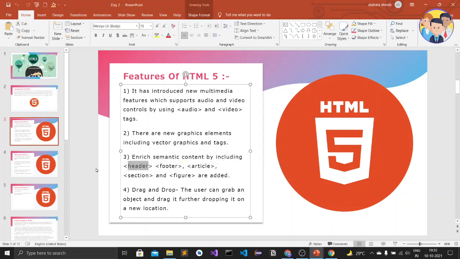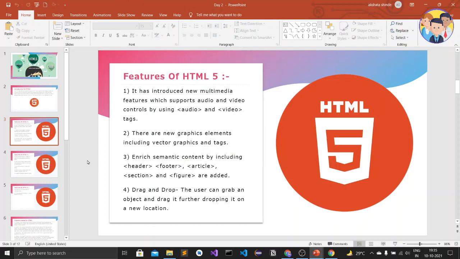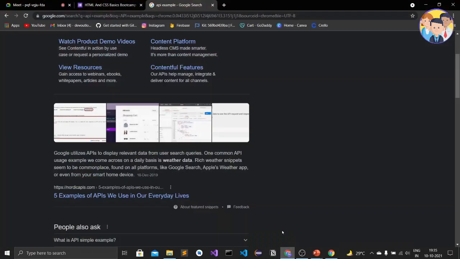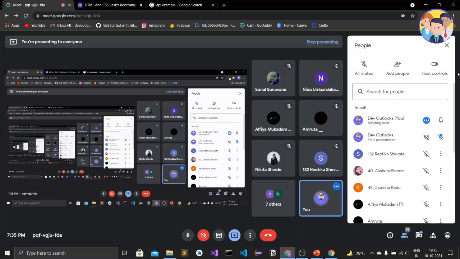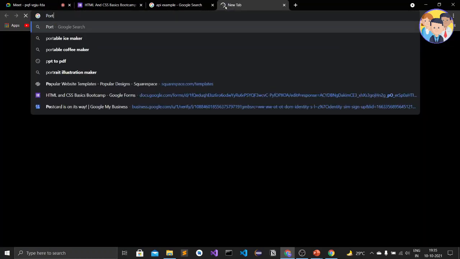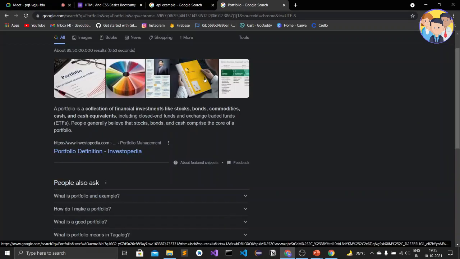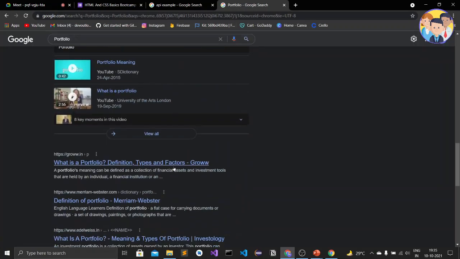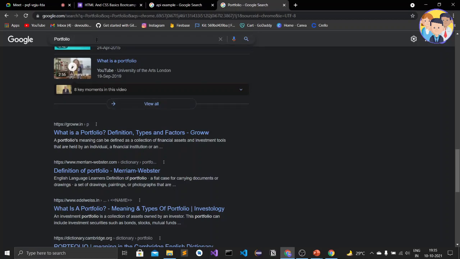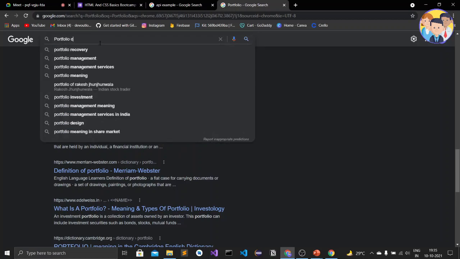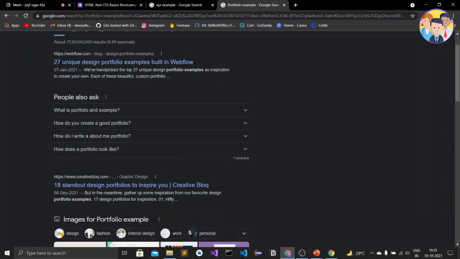The header tag tells us that it is the header section, like what we see here in this Google Meet. Let's take the example of a portfolio, any portfolio.